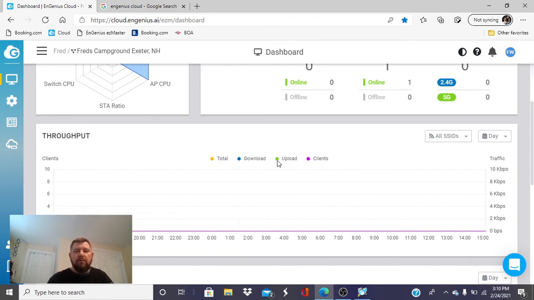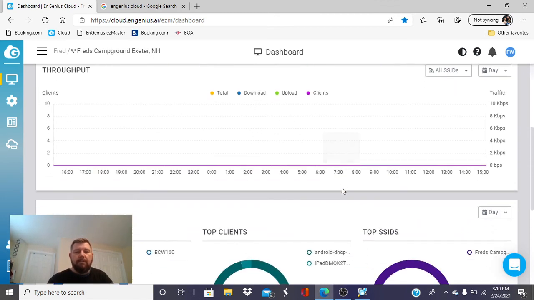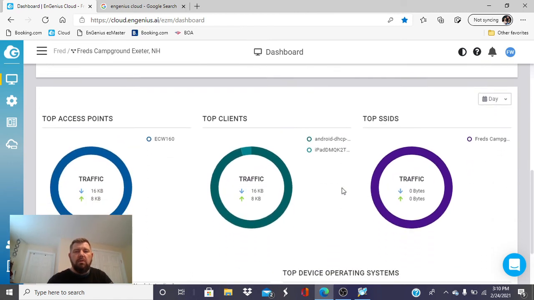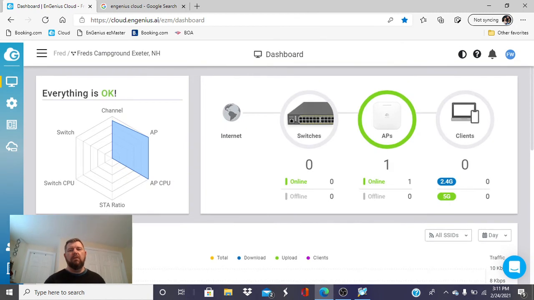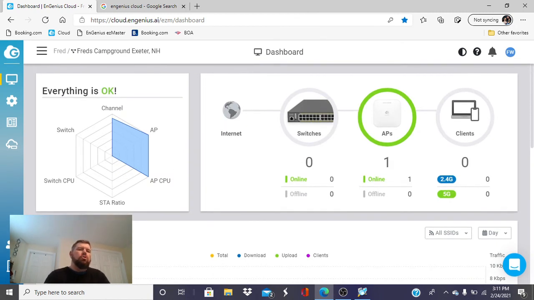It will show you what they're using for up and down. It'll show you the top things that they're using. So Android and app, it will show you who's using what of which. And top applications would be Facebook, YouTube. It will show you what they're doing. Beautiful, right? So with that said, the next thing we will do, I will switch to my phone